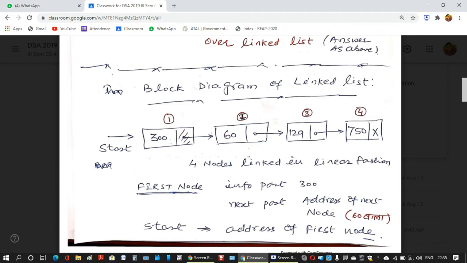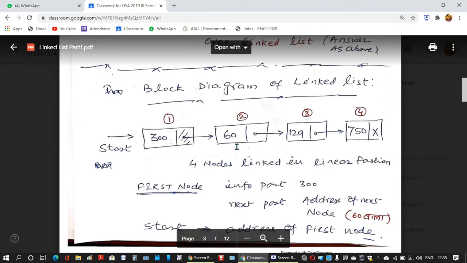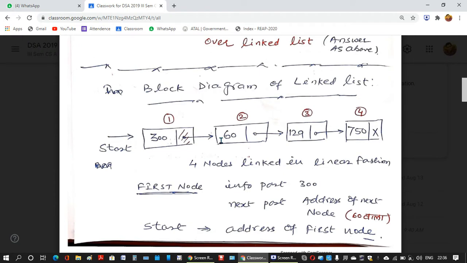The address of this node is stored here, in the next part of this first node. Similarly, this is the third node, which contains value 129. The address of this third node is stored in the second node here. So in this way, the nodes are connected in a linked list.